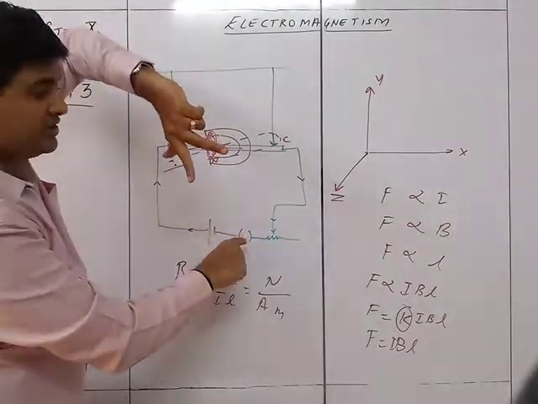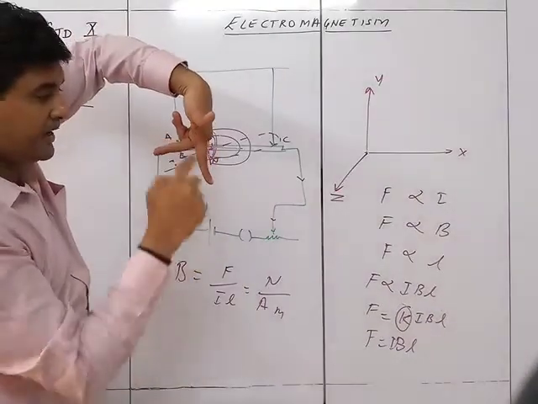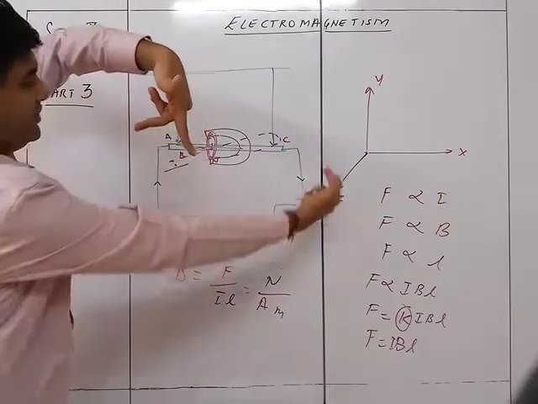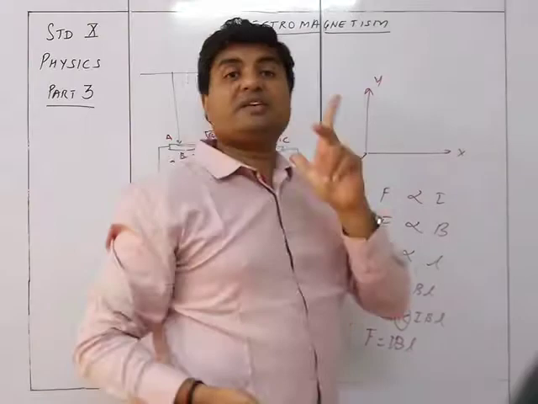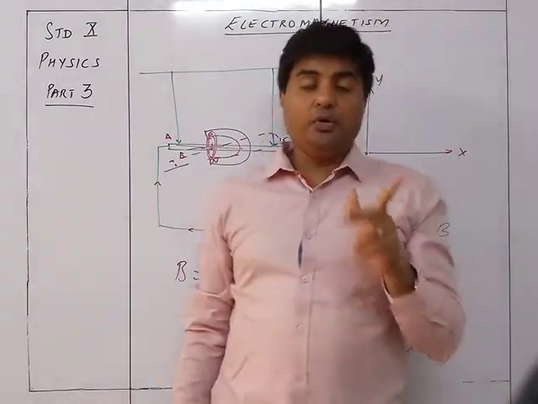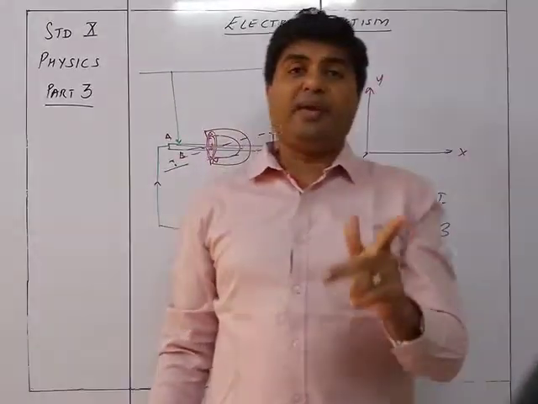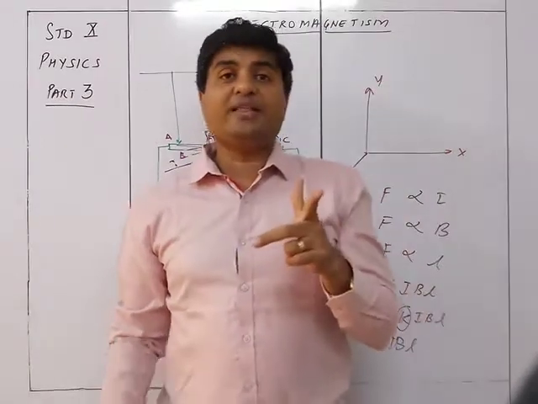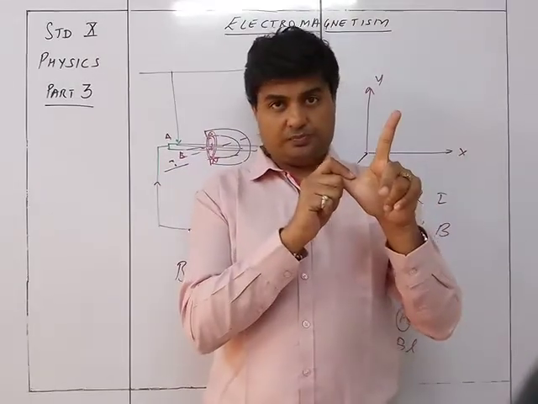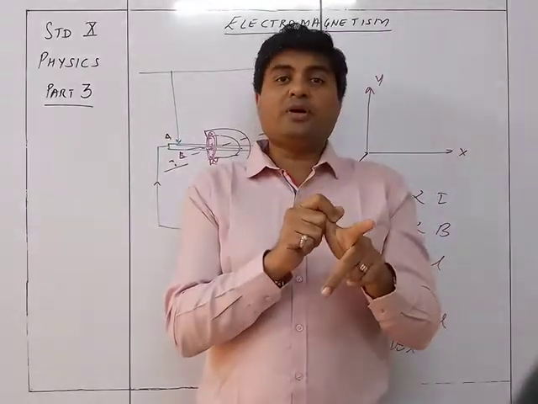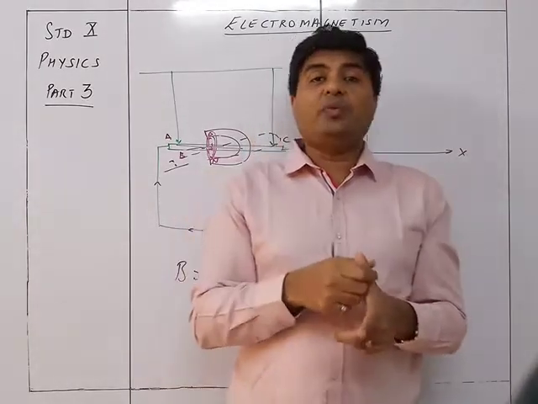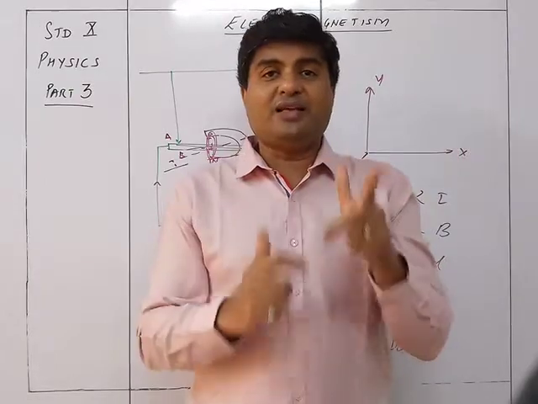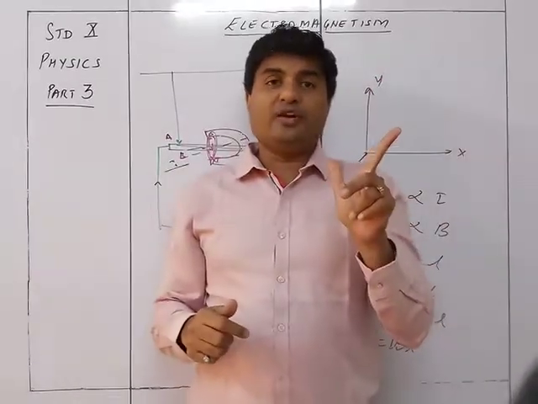Right? And if I change the direction here, it becomes like this. Then the magnetic field is here, the direction of current is here, and this is outwards. This is very, very important. You will need to use Fleming's left hand rule to identify the direction of the force. Why a DC motor runs and how it runs, that will be known to you only if you understand Fleming's left hand rule. So Fleming's left hand rule is very, very important.